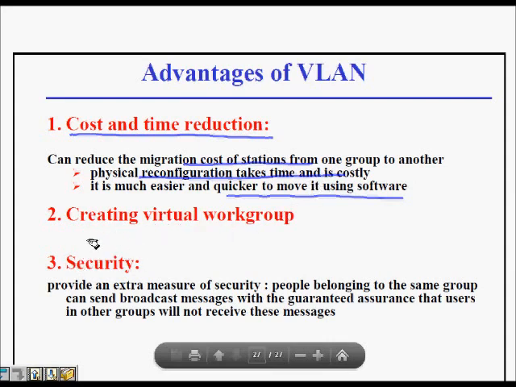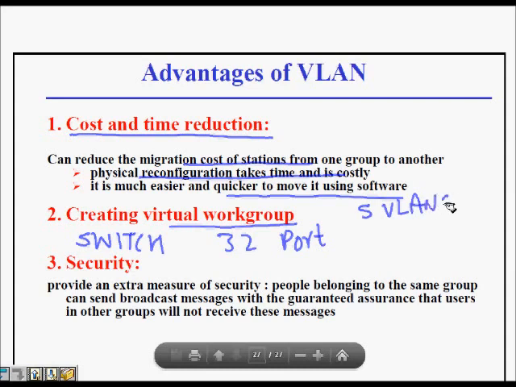And we can create virtual groups. If a switch has, let's say, 32 ports, I can make 5 VLANs, and then configure that VLAN 1 will have port numbers 1, 7, 22, 31 and 14.